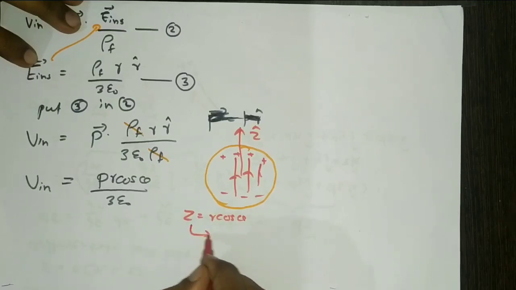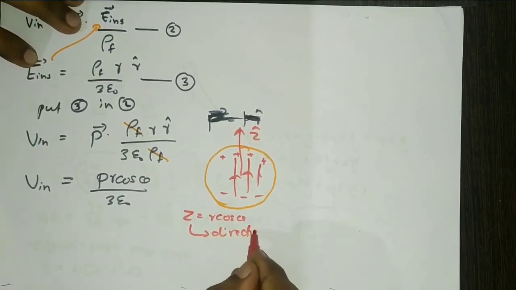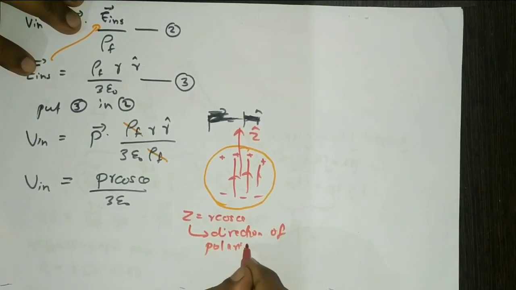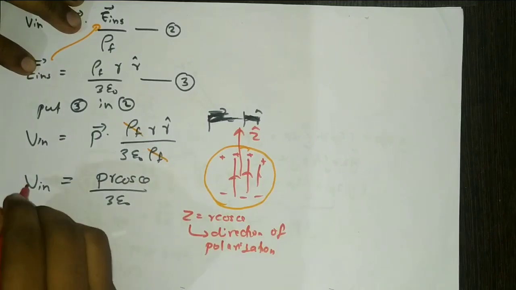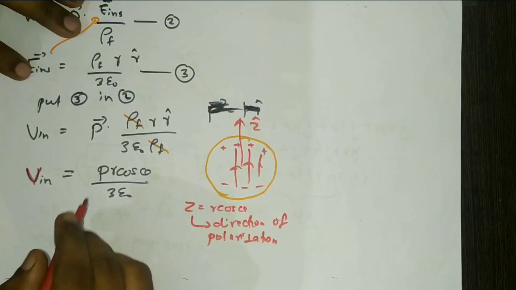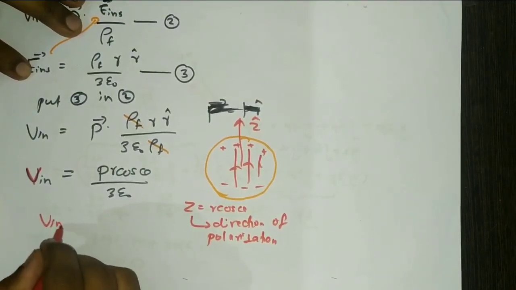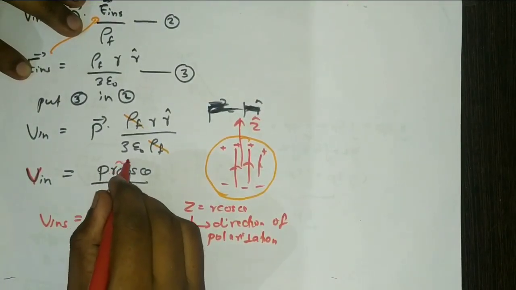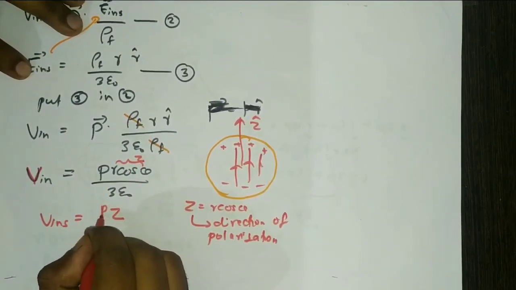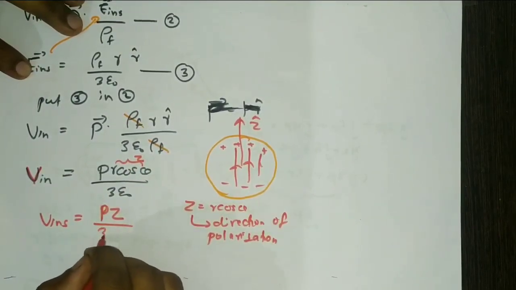This is the direction of polarization. Then V inside is equal to, instead of this quantity I will write z, so P z divided by 3